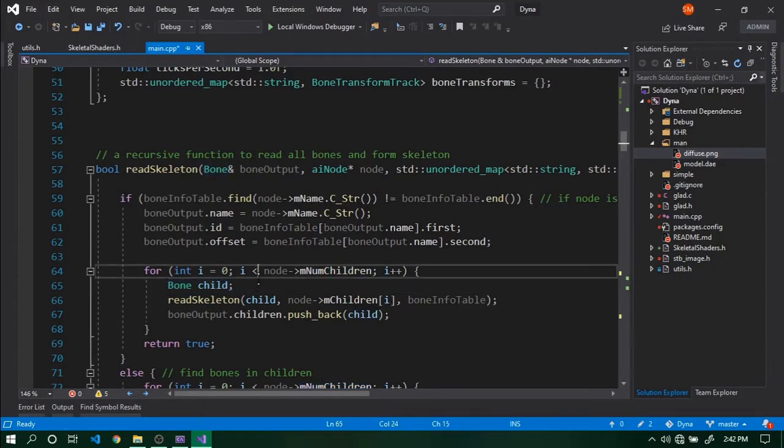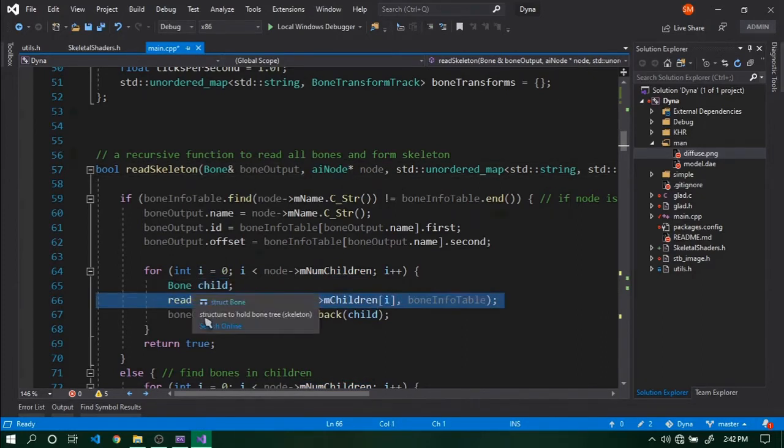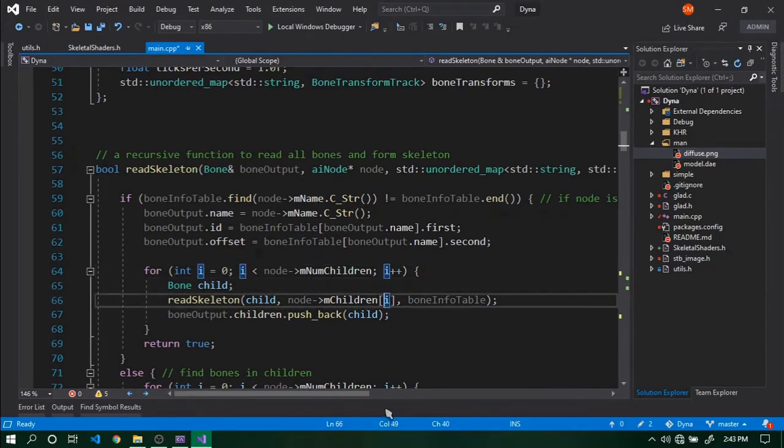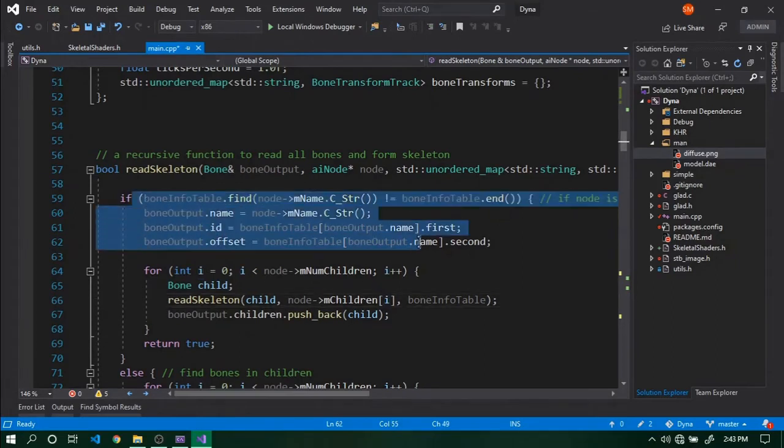For every child of the node, I will create a new child bone, and pass that child bone to my recursion function ReadSkeleton. I will also pass the ith child of that node, and the whole table,